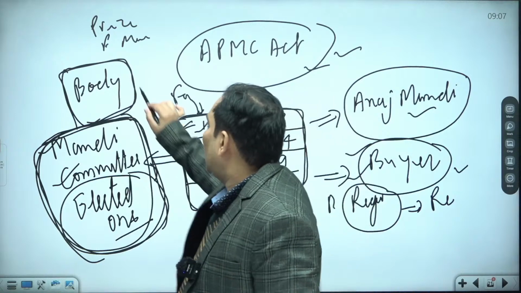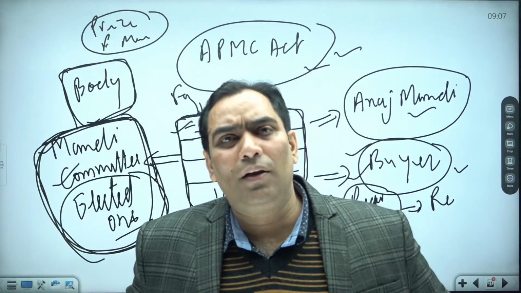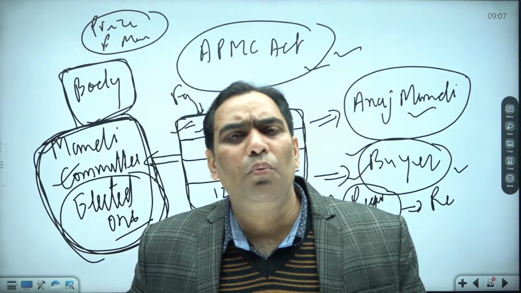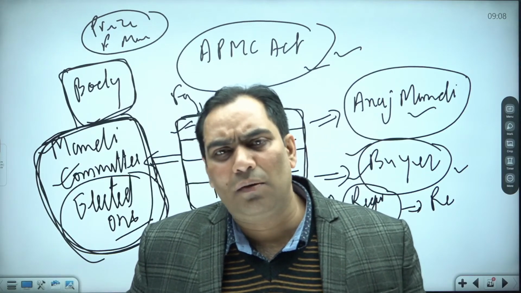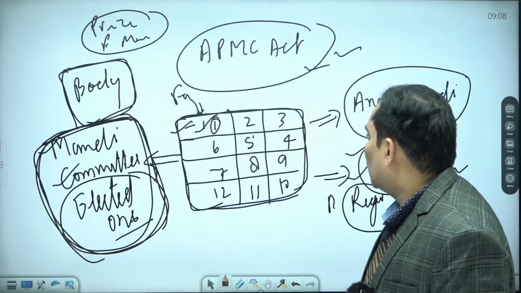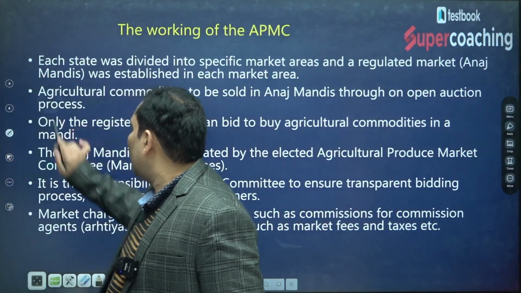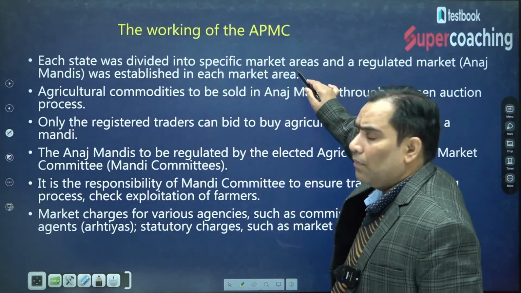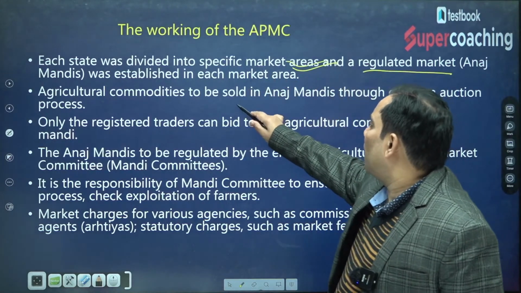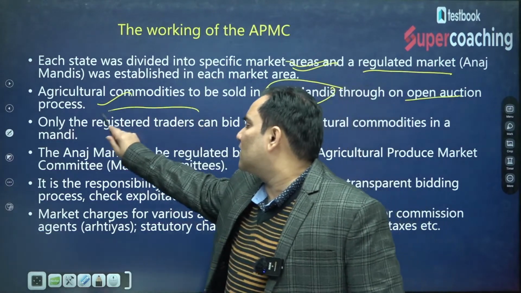But it was supposed to be that the price of the agriculture produce would be decided by competitive bidding. What is the meaning of competitive bidding? That the prices will be decided by the market forces, by the supply of the product and the demand of the product. Accordingly, prices are going to be determined. It was expected, but it did not happen, and why, we will discuss, don't worry. So this was the structure. Now let me tell you that under this APMC, the state was divided among different marketplaces known as regulated markets or Anaj Mandis. Agriculture produce was sold in the Anaj Mandis through open auction. I discussed it. Only registered traders can take part in the